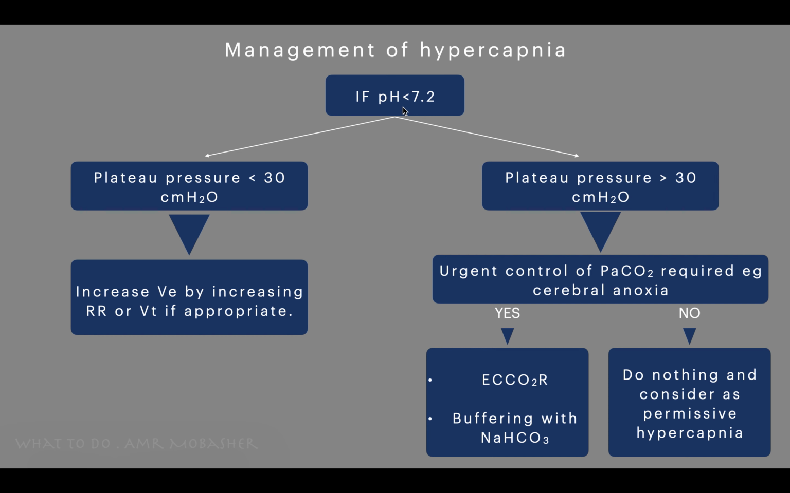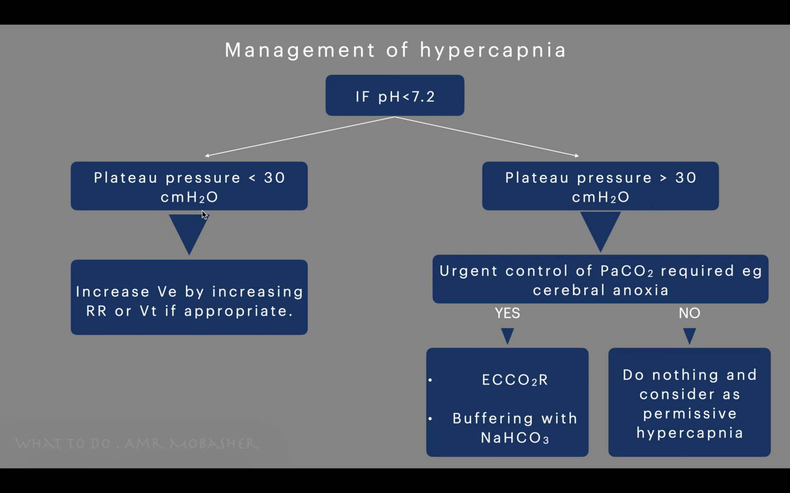So usually, I need to wash the CO2 to improve this pH. This means I need to put additional air inside the lung. So first, look at the plateau pressure to answer the question. If the plateau pressure is below 30, that means the alveoli can accept more air inside to wash the CO2 and